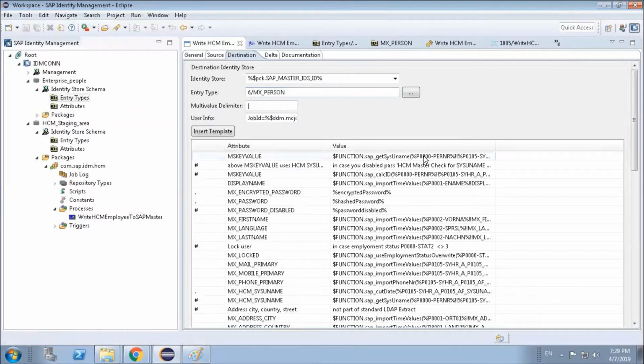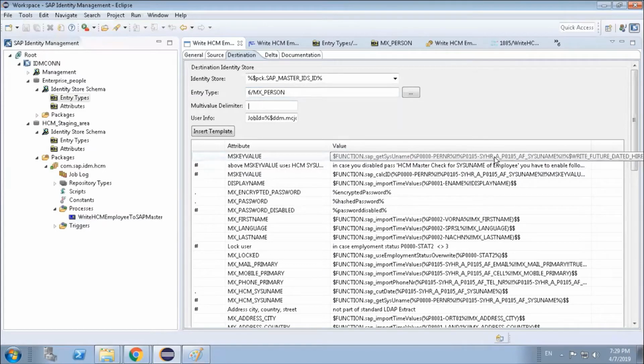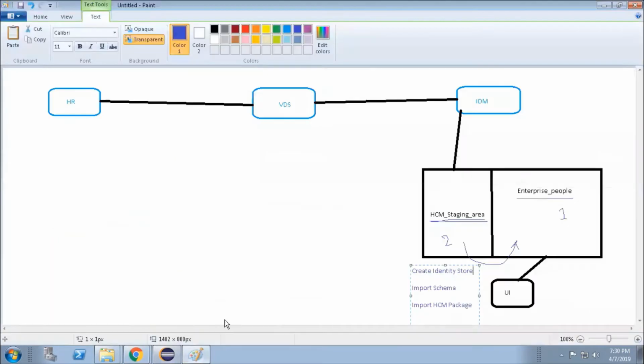MS key, it is taking the name from its partner, and if you have your sysname, that is the info type area 0105. I am coming to those info types area 0105, and it is creating the user ID, or maybe creating the MS key value, right? We are creating the MS key value in this enterprise area. So once the data is getting created into this enterprise area, so those data will be visible through our UI.